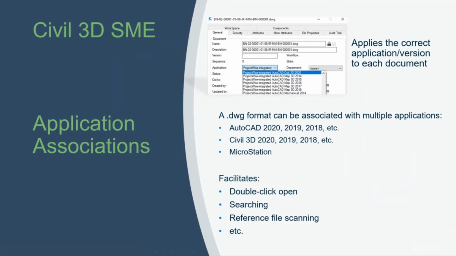And I think, just as a matter of best practice from a ProjectWise admin perspective, this goes well beyond Civil 3D. If you're using OpenRoads, you should set it to OpenRoads. Basically, you want the database to help you out here when you double-click on something, or if you're applying a managed workspace, or if you're using ICS for PDF. If the system knows what it's supposed to be using to open a document with, you're automatically in the right place. Then you don't have to worry about somebody opening something with a version that's too new or that they might not have. So for the communication between the people working in ProjectWise Explorer and the admins who are offering up those choices,